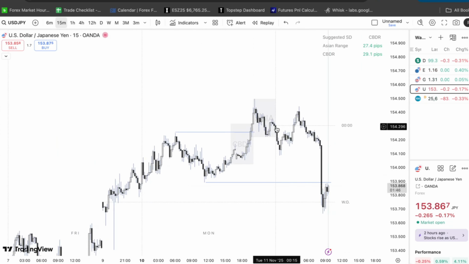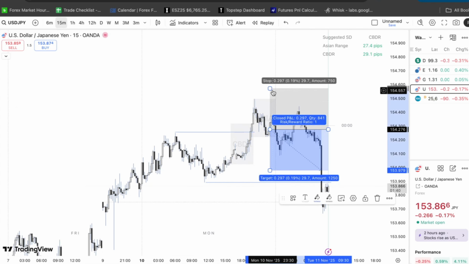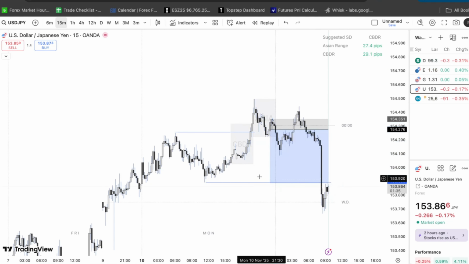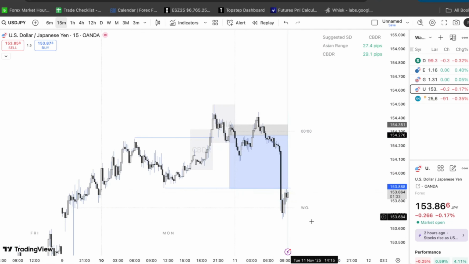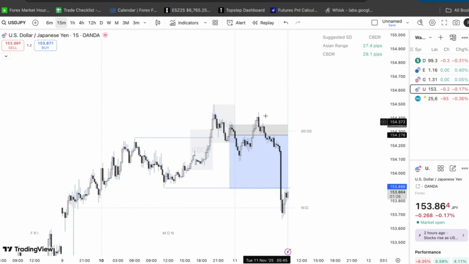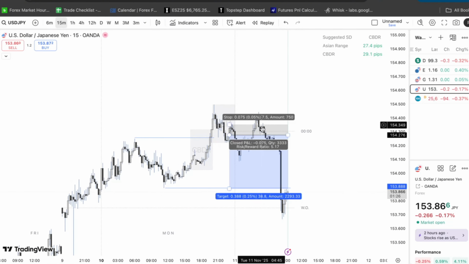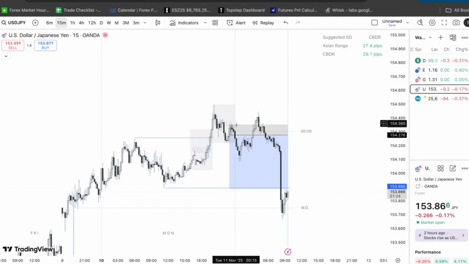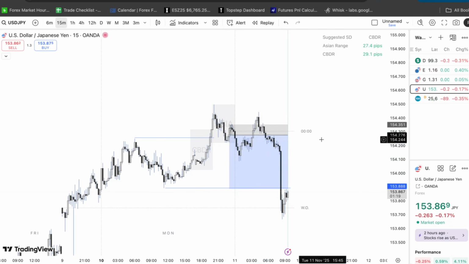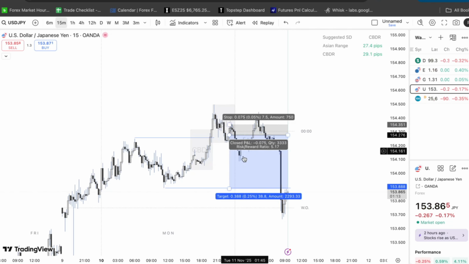So at any point, we do not want to be taking a trade underneath this line, because what happens when you do take the trade underneath this line? So here we have a perfect example of a 15-minute FVG that for the same trade, we would have been stopped out before price goes lower. And why is that? Because we weren't above our anchor of the trading day. And this is why it's so important. So this, in hindsight, would have been a nice setup, but it wouldn't have, because you would have got stopped out, because you're not selling where the institutions are selling from. You're selling from where the retail traders are selling from.